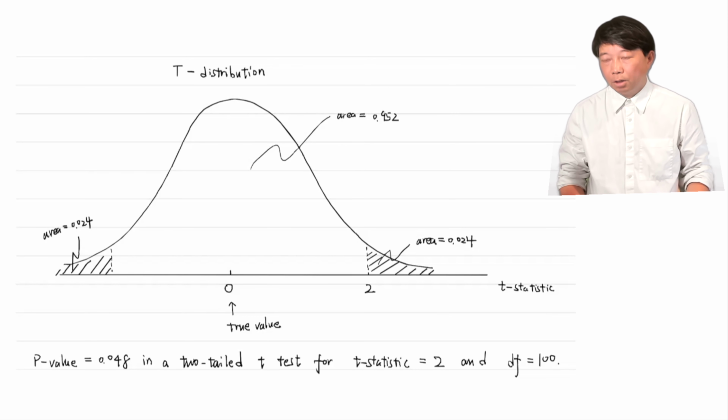A two-sided alternative case is similar. The p-value for a t-statistic of 2 against a two-sided alternative with 100 degrees of freedom is 0.048. It is the shaded area of the graph. It indicates that we can reject the null hypothesis at a significance level as small as 4.8%. In other words, we can reject the null hypothesis at the 5% significance level, but cannot reject the null hypothesis